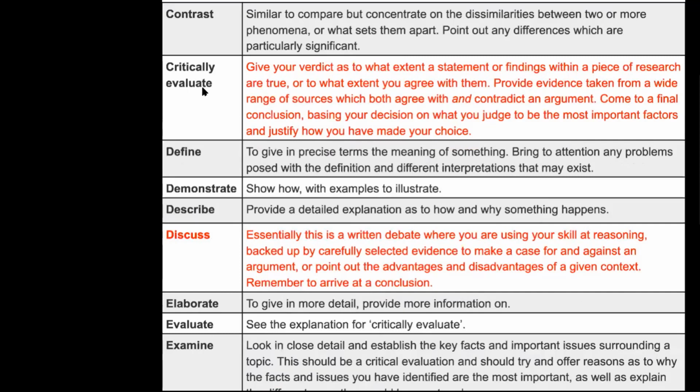Critically evaluate is: give your verdict as to what extent a statement or findings within a piece of research are true, or to what extent you agree with them. Okay, so you're asked to critically evaluate something. You know, provide evidence that both agrees and contradicts an argument. Come to a verdict, but my shorthand for this